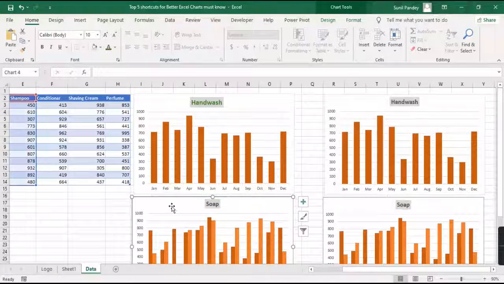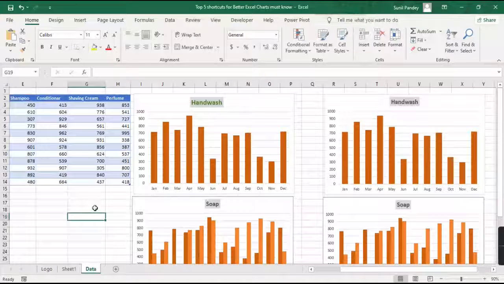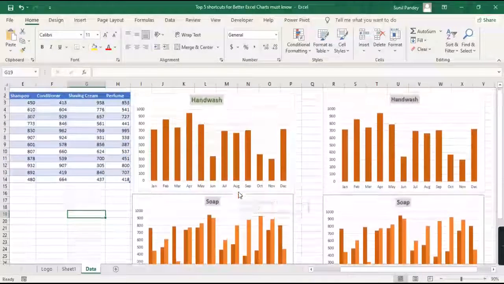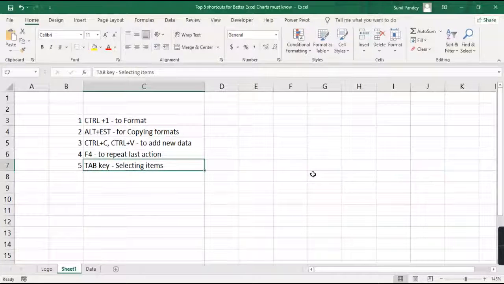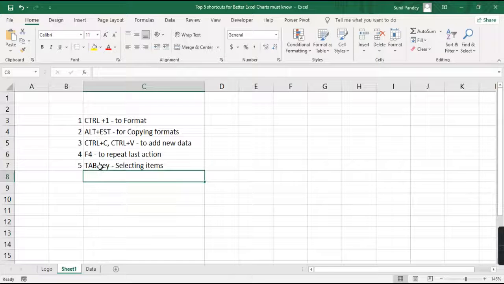So F4 is a super easy shortcut for repeating your last action. Okay, got it? And the last one, this is not the last, the tab key, for selecting item.